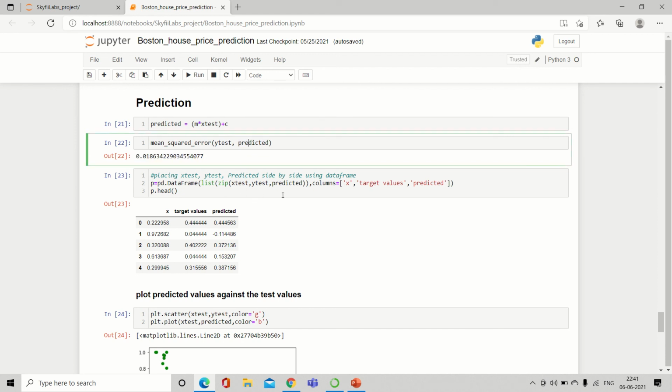And now we are going to store the x-test, y-test, and our predicted values in a data frame and see the first 5 items. Here head gives the first 5 items of the data set. So as you can see, our model predicts pretty good.